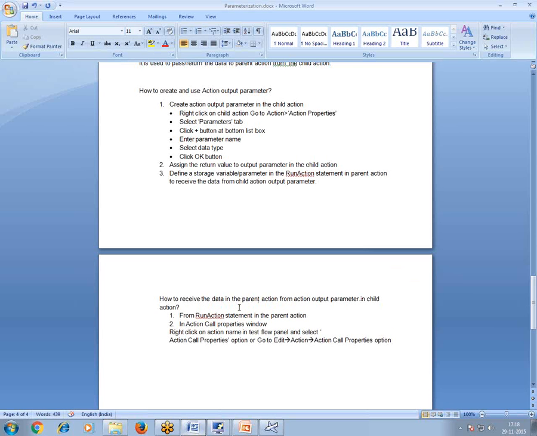So for that, what we have to do? We have to define this. The third step is the answer. For this question, the answer is we should define a storage variable or parameter in the run action statement